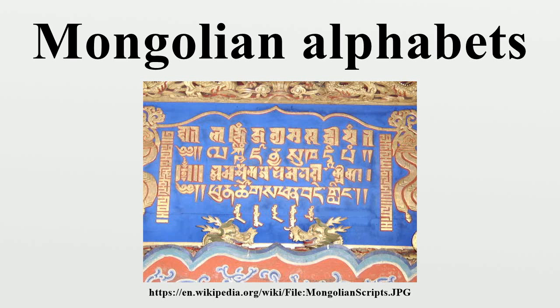Oirat alphabet. In 1648, the Oirat Buddhist monk Saya Pandita created this variation with the goal of bringing the written language closer to the actual pronunciation, and to make it easier to transcribe Tibetan and Sanskrit. The script was used by Kalmyks of Russia until 1924, when it was replaced by the Cyrillic alphabet. In Xinjiang, China, the Oirats still use it.